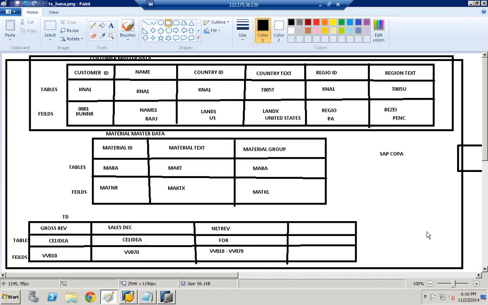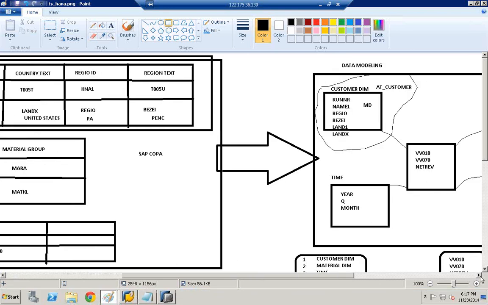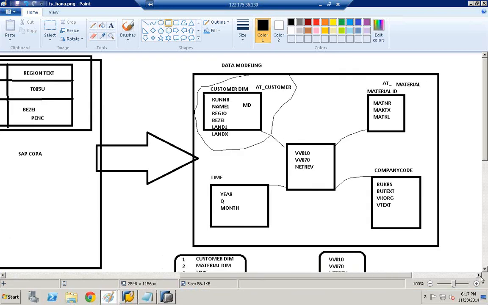Thank you, Murli. So yesterday we took a requirement, and based on the requirement we tried to design the data model. Once we designed the data model,